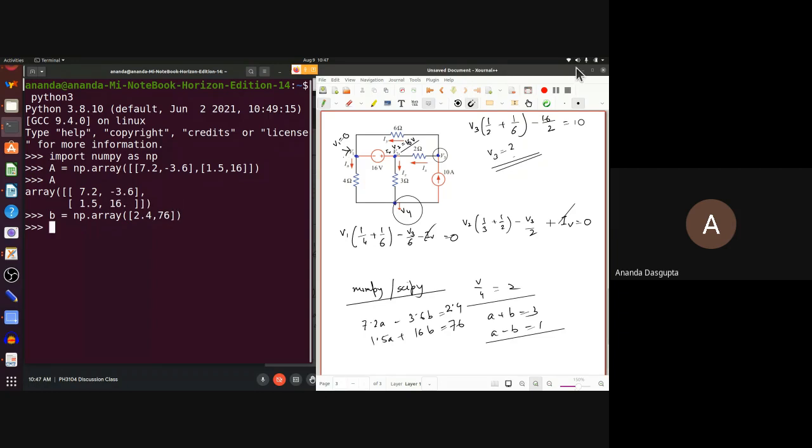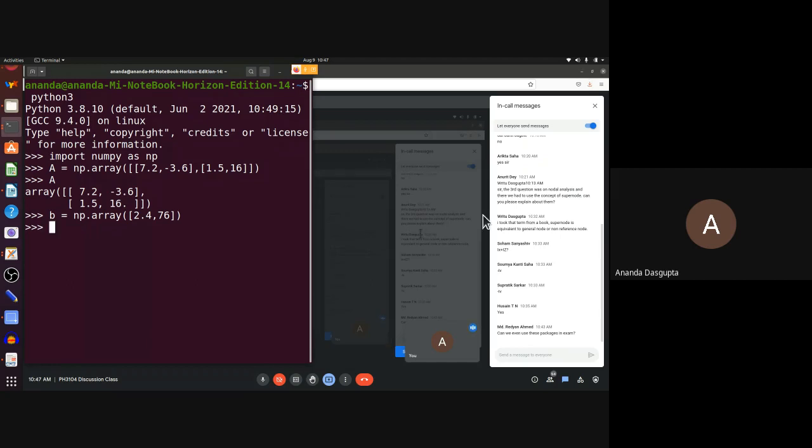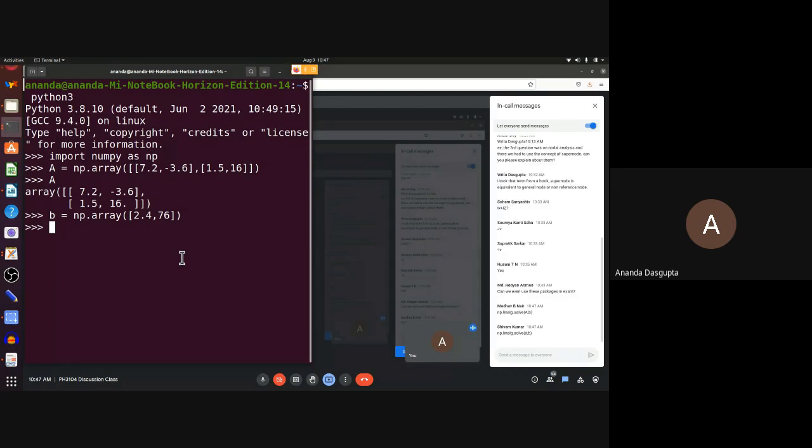Okay, after I've done that, so now I want a response from the people who have already done the NumPy SciPy Python course last semester. How would I solve the equation AX equal to B then? If I have these two arrays, A and B. Okay, the easiest way would be just to use the result that there is a solve function in the linalg module, the linear algebra module in NumPy.